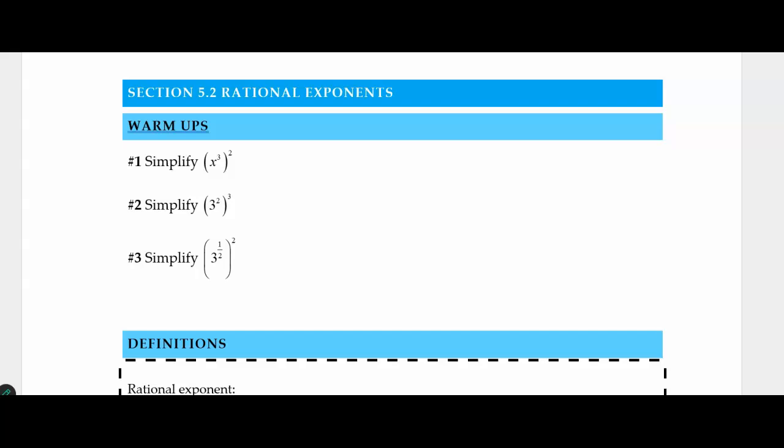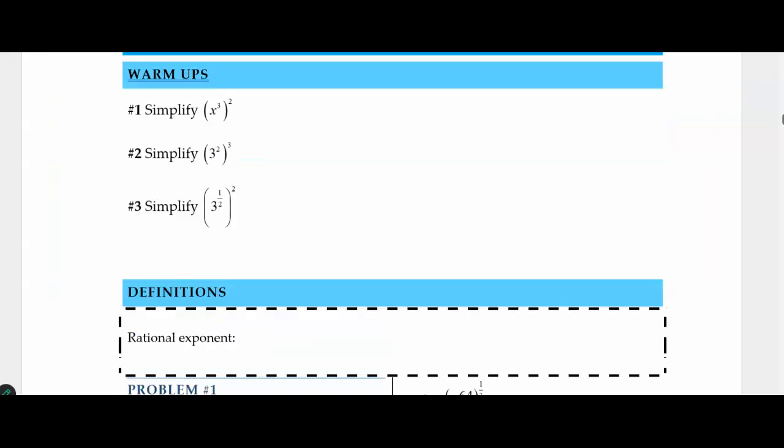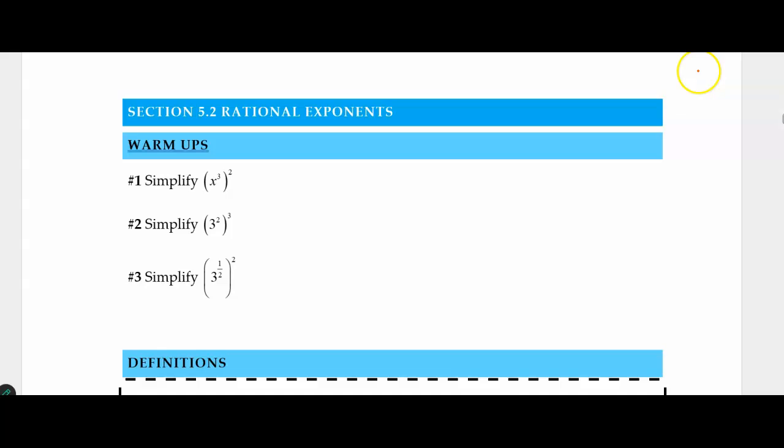All right, so 5.2, we're talking about rational exponents. And last module, everything had to do with rational things, right? So remember, when you have something that is rational, it means it can be written as a fraction. So if you want to think of these as fractional exponents, that would be good, because now we're going to